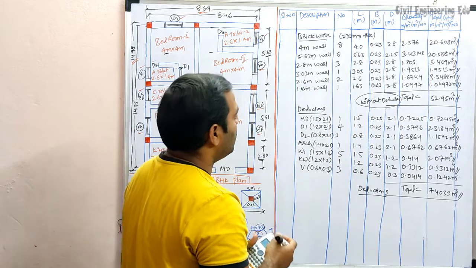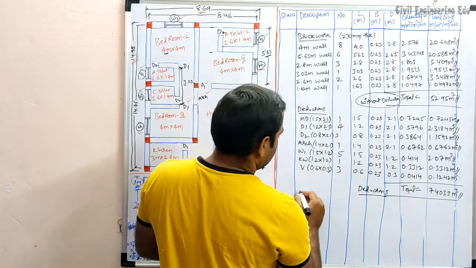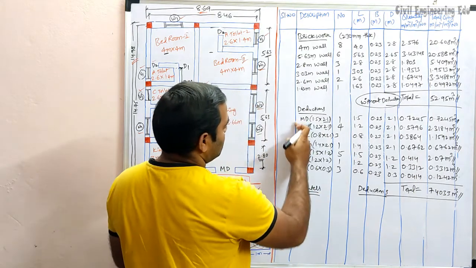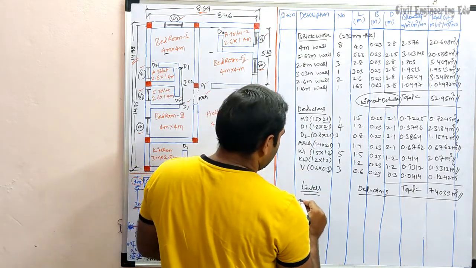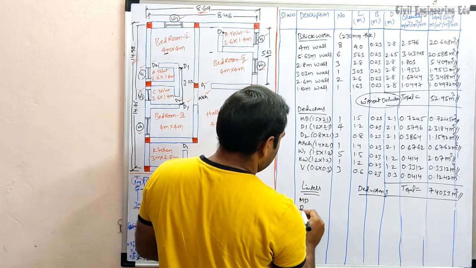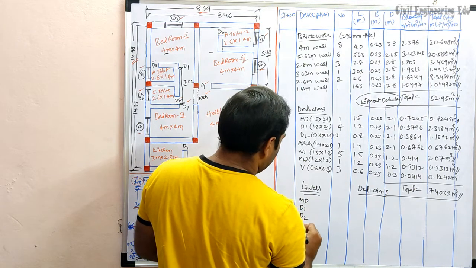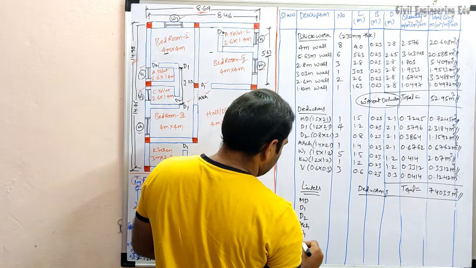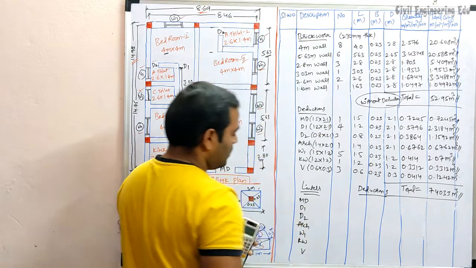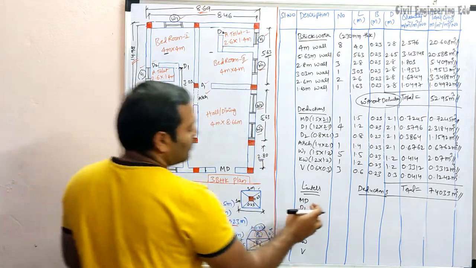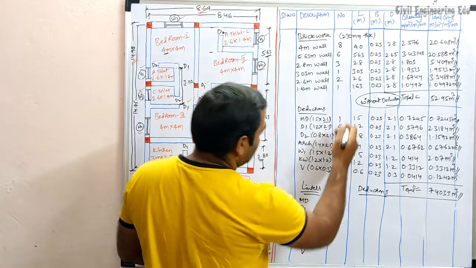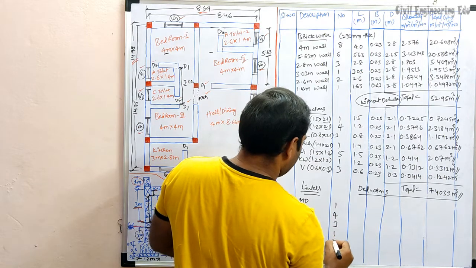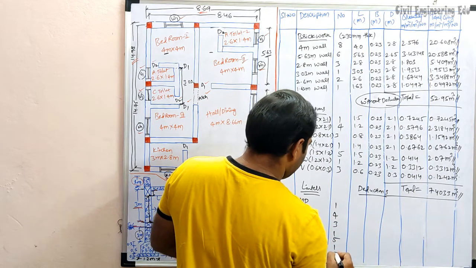Additional to this, we have to add lintels. So in case of lintels, same openings will be there: main door, door 1, door 2, arch, W1, kitchen window and ventilator. So how to find the length of this? These numbers will be same: 1, 4, 3, 1, 5, 1 and 3.